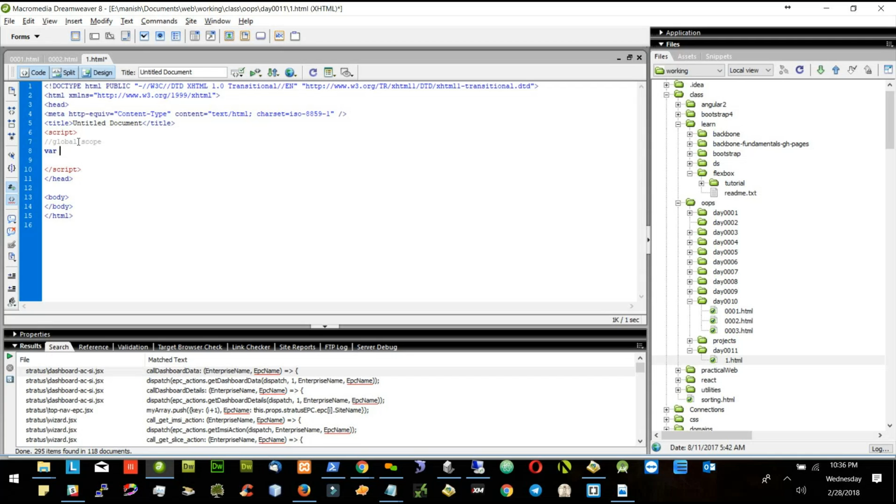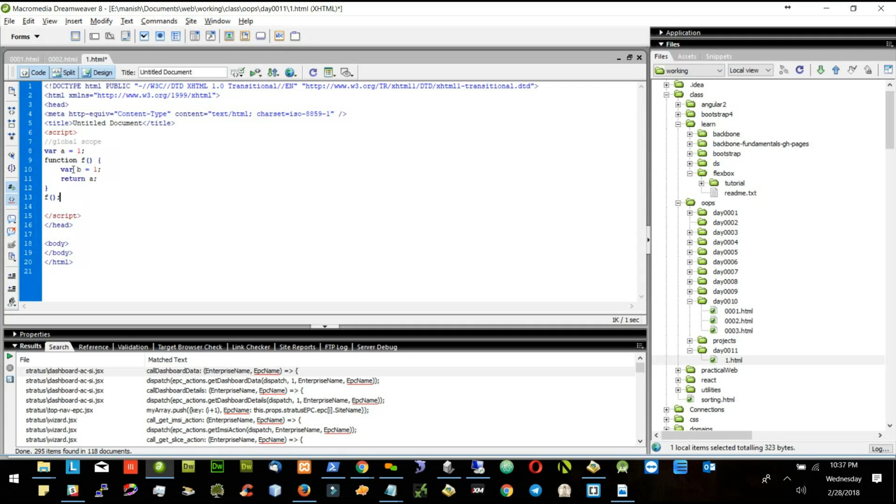For example, if I say var a equal to 1, and then I say function f, and in the function f, I write var b equal to 1 and return a, and I run this function,